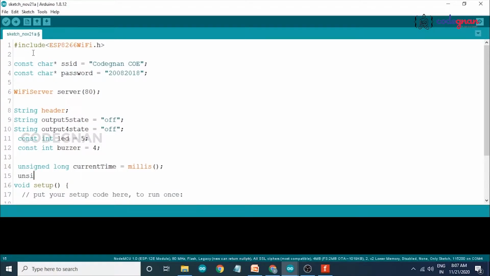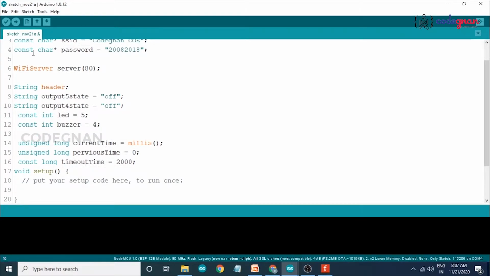And also unsigned long previousTime equals 0. Now const long timeoutTime equals 2000, which is 2 seconds. This will help us in our HTML part.